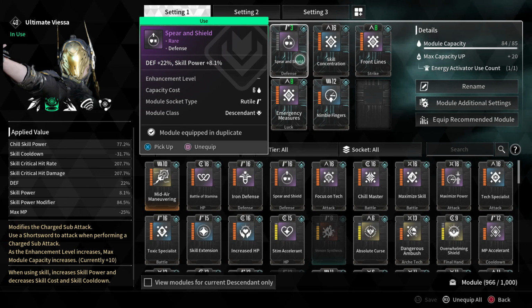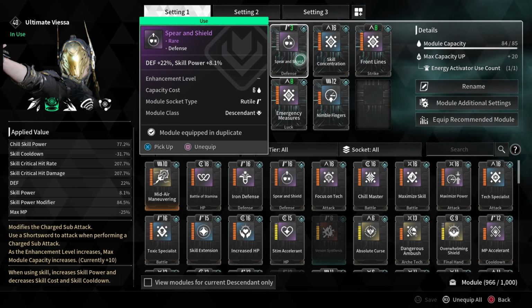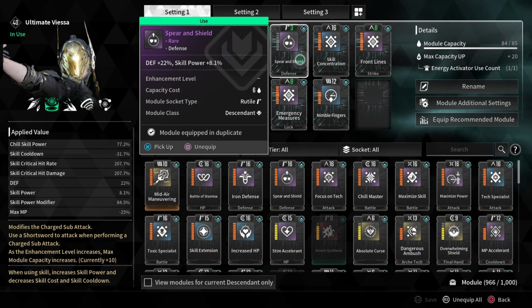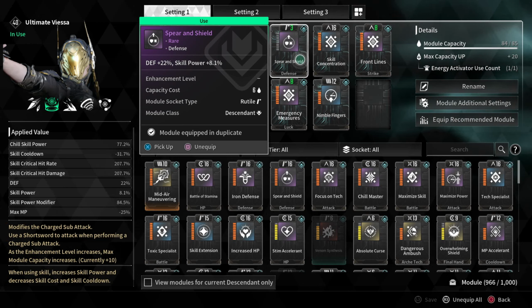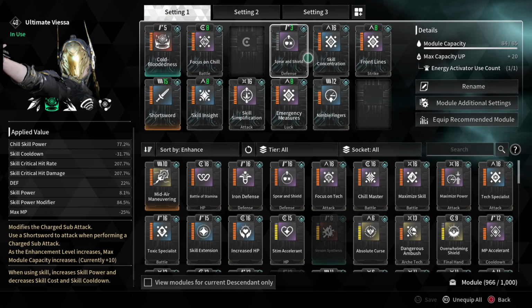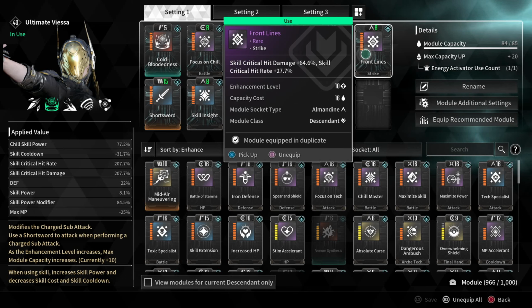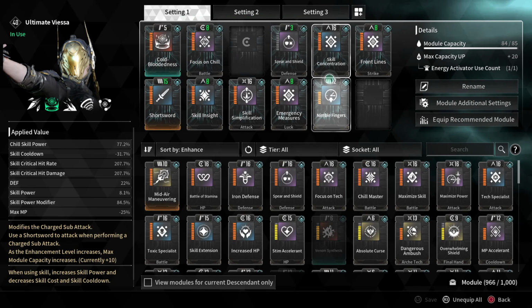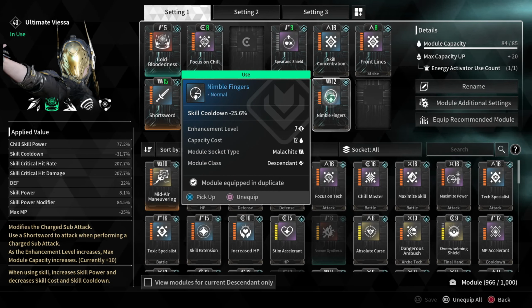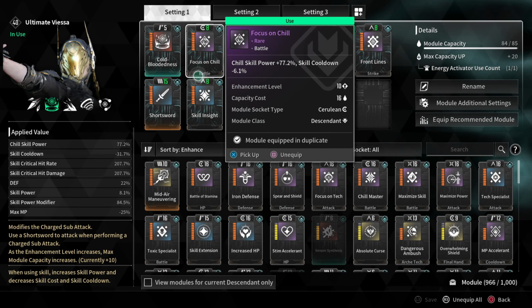We're running spear and shield here only at 3 for now until we get more capacity via the module sockets, because we only have enough for this right now, but it does increase our skill power by the same amount as if it was max because it does not scale. We also have skill concentration as well and front lines for more crit damage and crit rate through those modules there. And we also have nimble fingers to couple with the cooldown of cold-bloodedness, focus on chill,